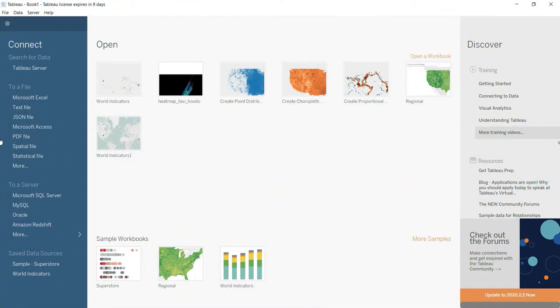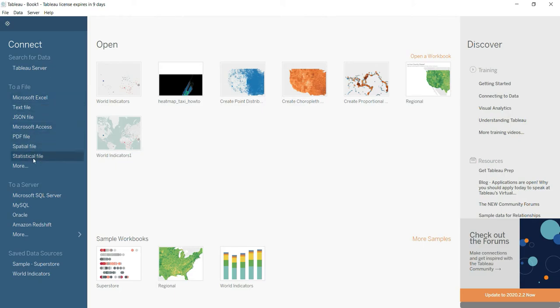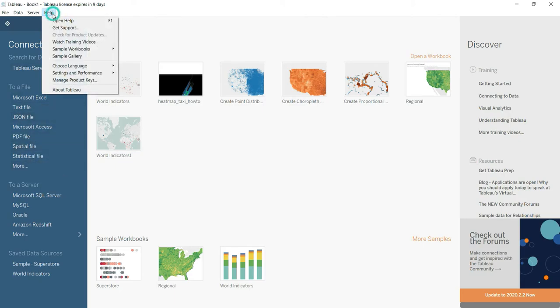As I mentioned in the introduction, I'm going to discuss the help and get support features in Tableau. You can press function key F1 to get online help regarding any feature. If you want to know what files you need to use, or how to upload a file in Tableau, you can get step-by-step procedures in the online help portal, and you can get support regarding different drivers and different versions of Tableau, so you can click on any one. Now I'm going with the online help. So I'm clicking on open help.